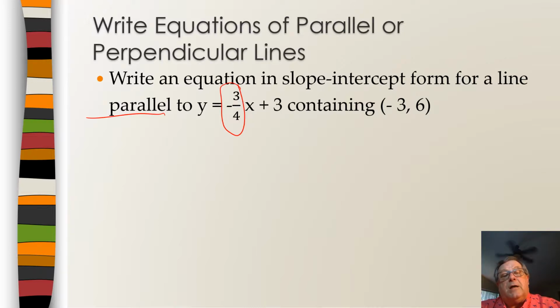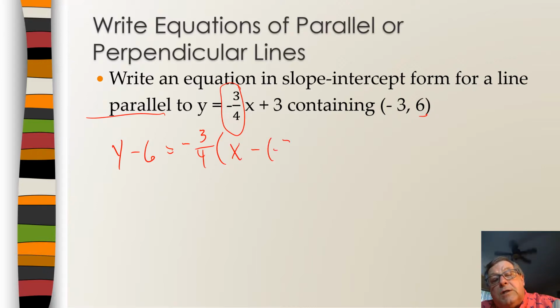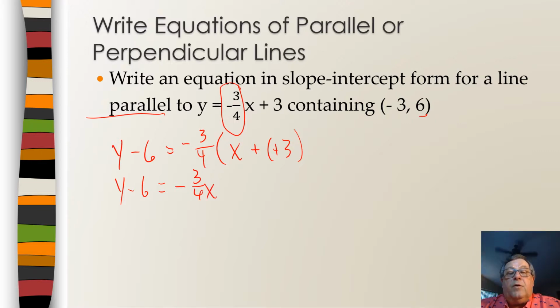So let's see, we got y minus 6, that's y1 right there, equals -3/4, there's the slope, parallel, x minus -3, which of course then is going to be plus 3, those two negatives together. All right, well, y minus 6, let's distribute the -3/4 to the x, which is going to give us -3/4 x. And -3/4 times plus 3, numerator times numerator, -3 times 3,